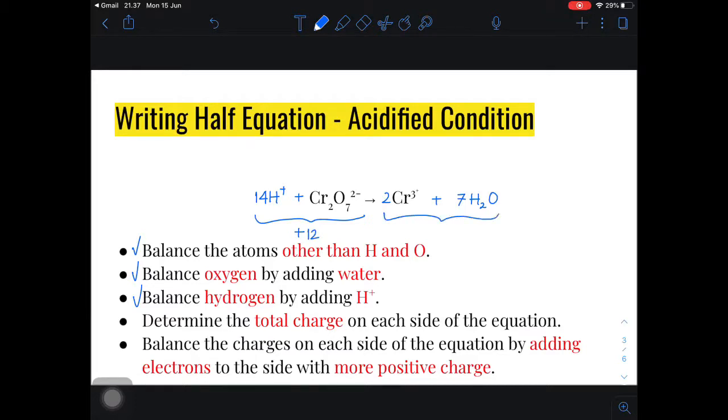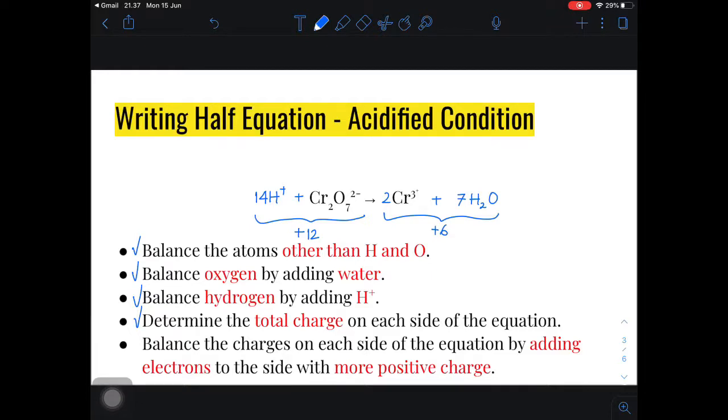And on the right we have 2 of Cr3+, therefore +6, and H2O is neutral, so +6. We're done with the fourth step, and we need to go for the last step, that is